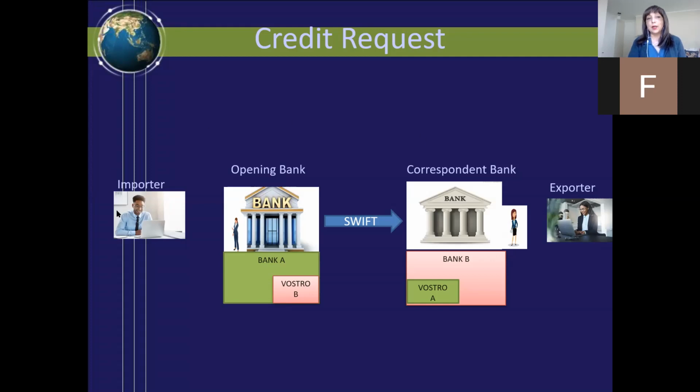However, let's not lose the perspective that the client of this bank is the importer. He is requesting the money so he can pay this person. But how is the process? He requests the money to his, usually, not always, but usually his personal bank. So his personal bank already knows the financial status of this person. Next class, we're going to see the process in detail, but today I want you to get the overall.